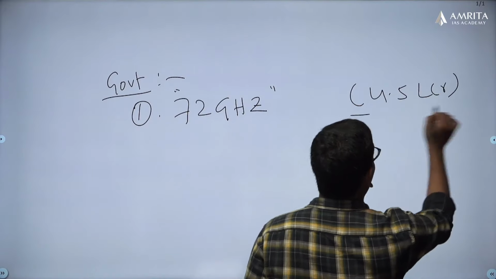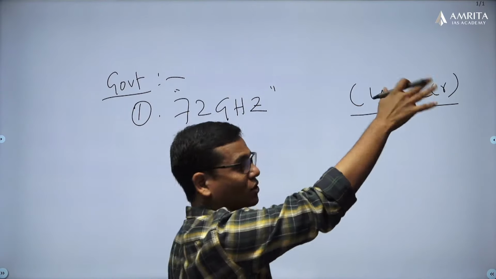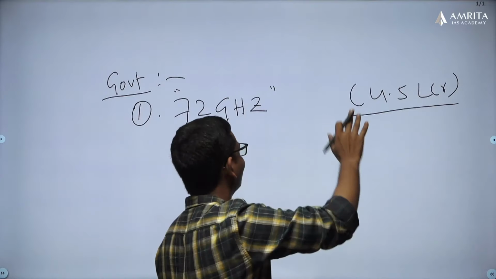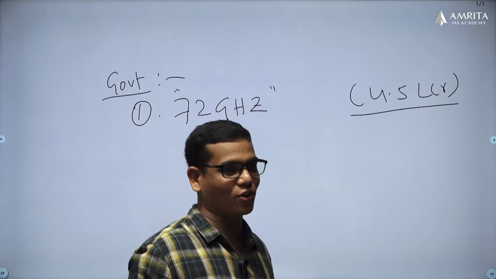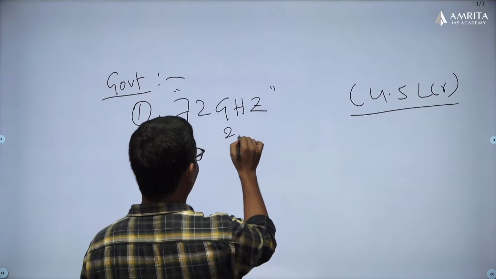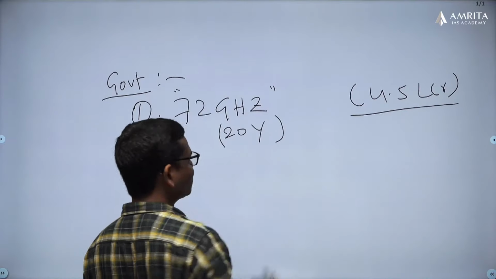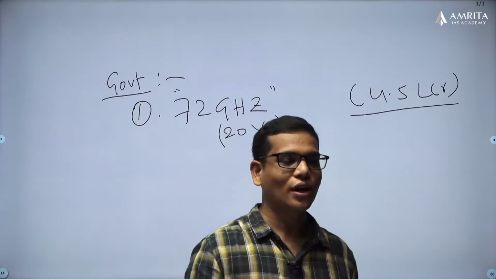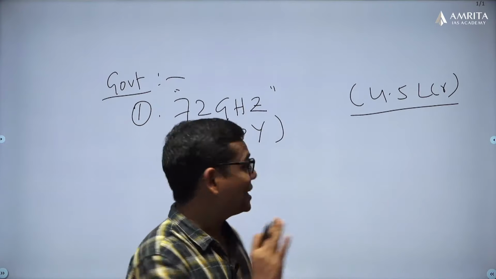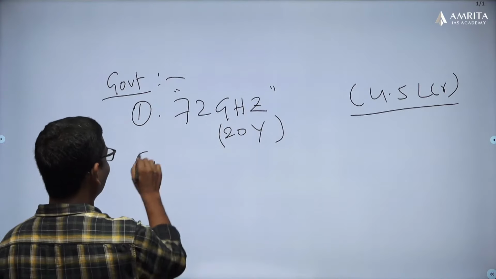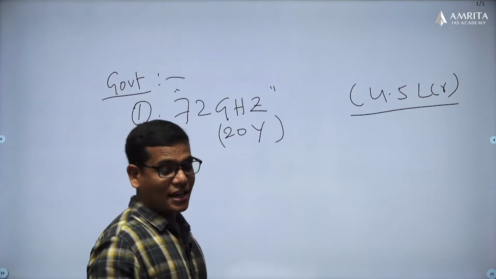This is the worth, and don't think that this 4.5 lakh crore will be credited, or that the government will get this entire thing in 1 year. No, this spectrum is auctioned for 20 years. The validity is 20 years. After 20 years you need to renew it again. And in this auction, they mentioned that there is no